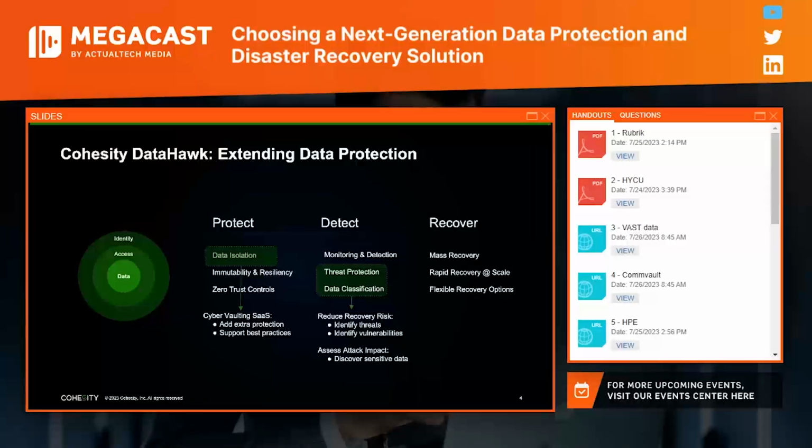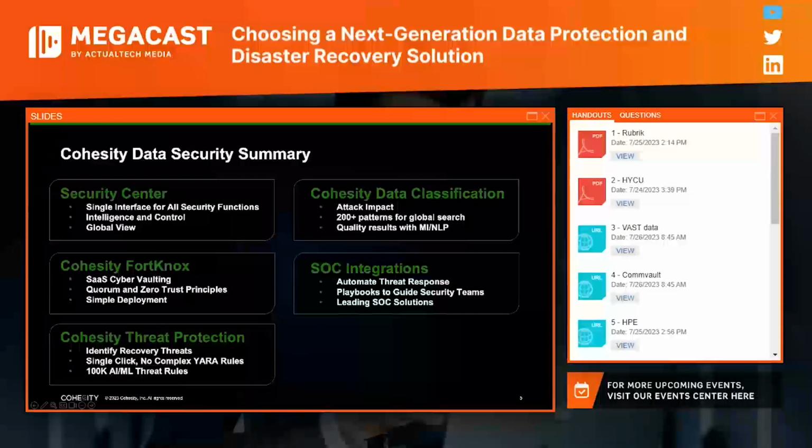And so to address this issue, Cohesity integrates with many popular security solutions like Splunk, Microsoft Sentinel, Palo Alto, and Tenable for vulnerability management. And so by extending your data protection, you're able to build out a more solid security foundation, which is really critical for any type of security event, making sure that you have the ability not only to recover, but also have the ability to respond quickly. Those are the 2 key areas I wanted to call out.